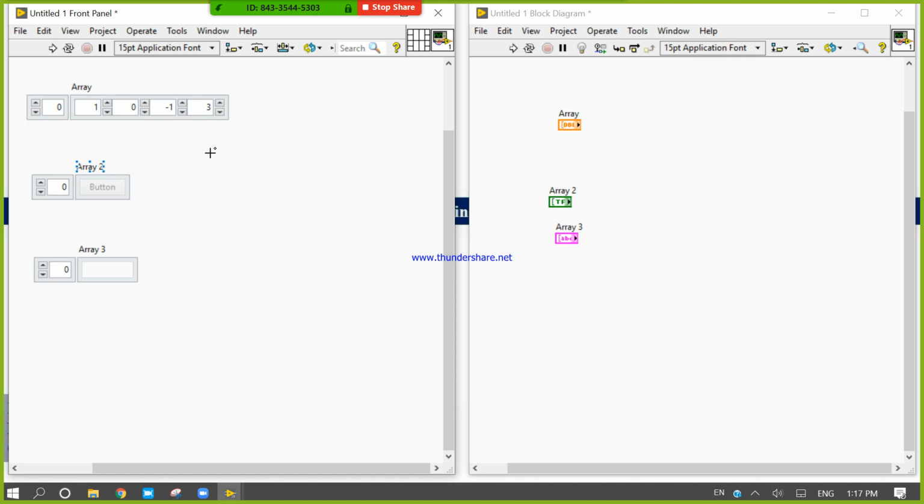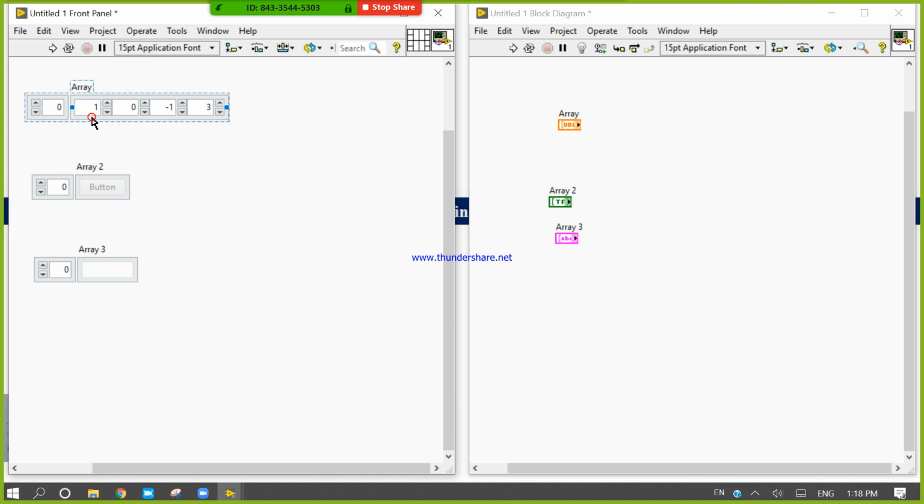Now the size of the array is 4: 1, 2, 3, 4. Now talk about the indexing. Indexing means location, and the array starts from index 0.